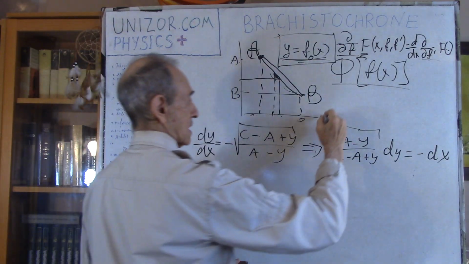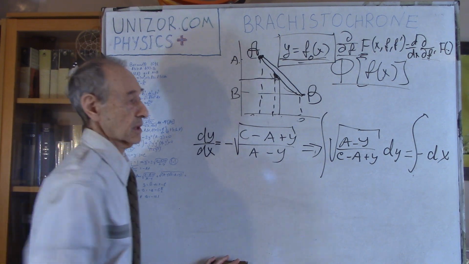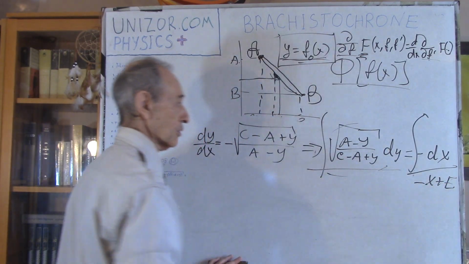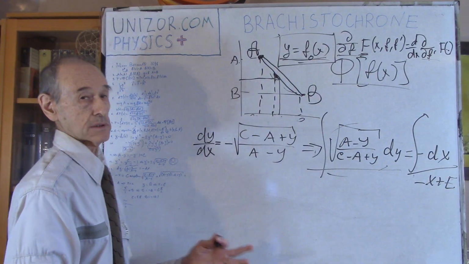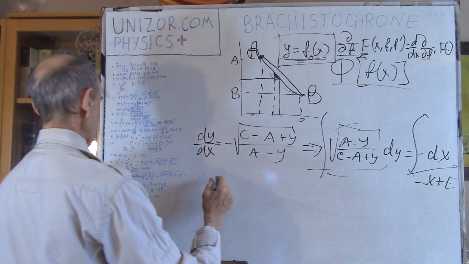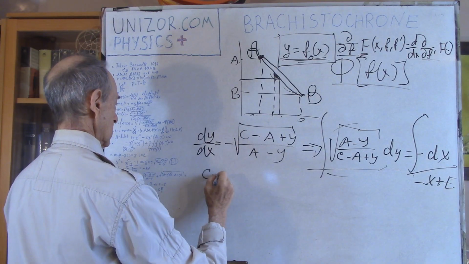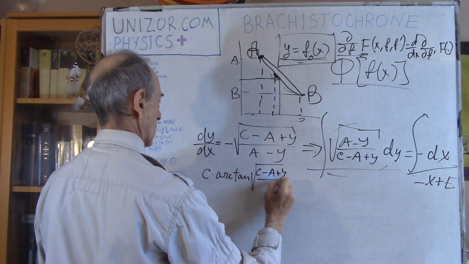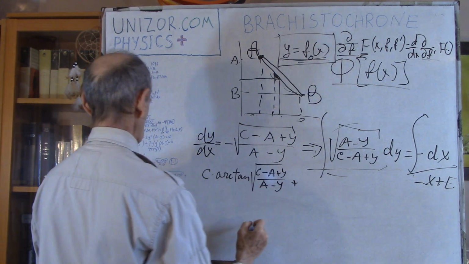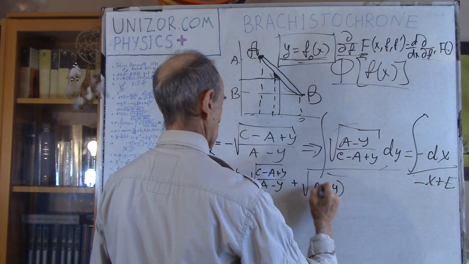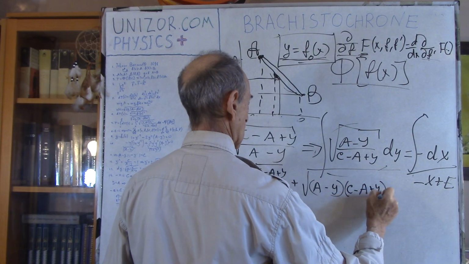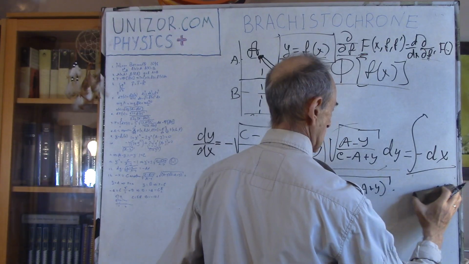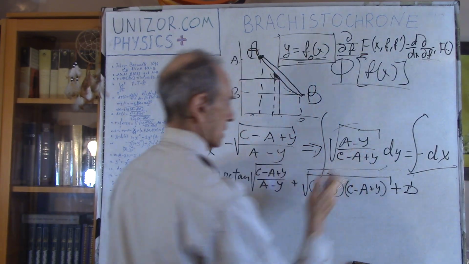Why is it better? Very simply, because I can separate these things and integrate separately. I can take this integral, well, this is easy, this is minus x plus some constant, e. And this can also be done manually. I'll just write the result of this, because I don't want to waste time on details in this particular case. That's c arc tangent of the square root of c minus a plus y divided by a minus y, plus the square root of a minus y minus c minus a plus y. And this is equal to, well, plus some constant,